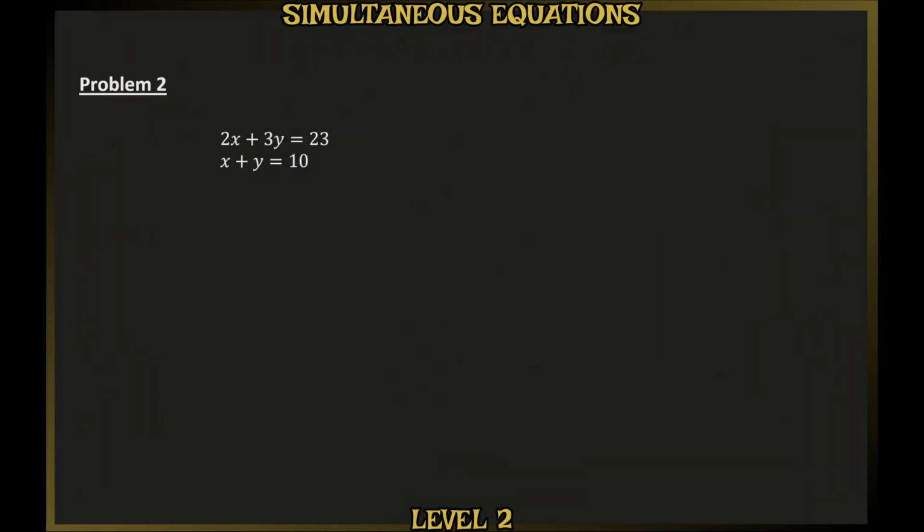In problem 2, we're solving 2x plus 3y equals 23 and x plus y equals 10. Now, in order to eliminate one of those variables, we need the number in front of one pair of those variables to be the same. And I'm going to make the number in front of the x's the same by multiplying the equation at the bottom by 2. And if I do this, we have 2x plus 2y is equal to 10 times 2, which